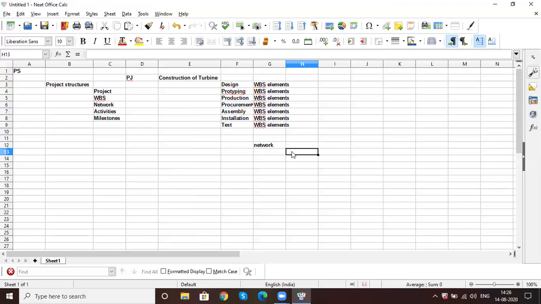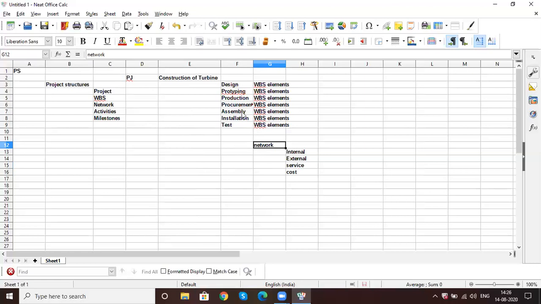Here we will again subdivide this into internal activity, external activity, service activity, or cost activity. These are the activities you are going to do at the network level.